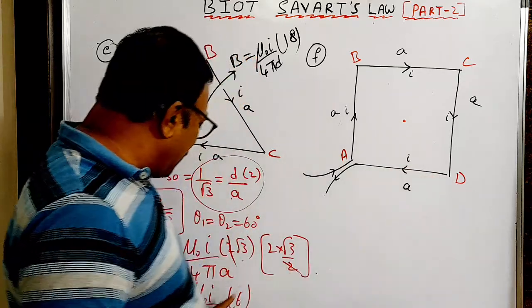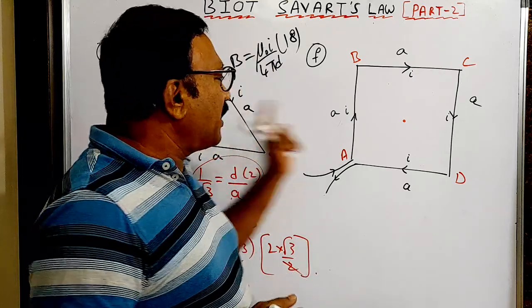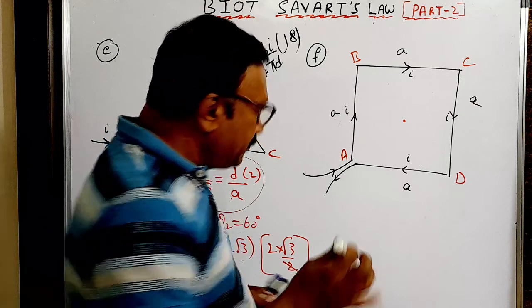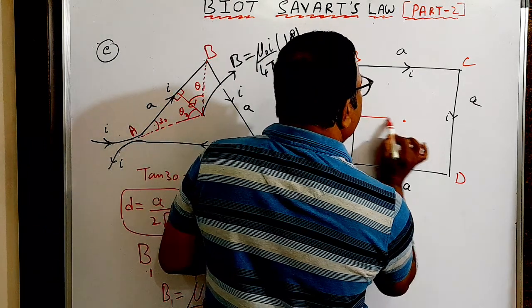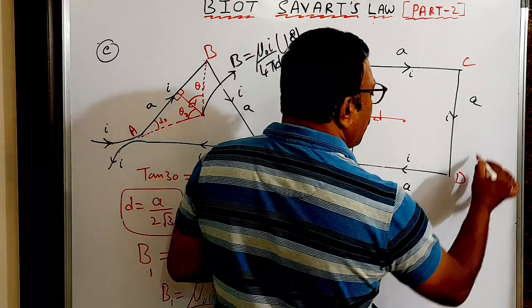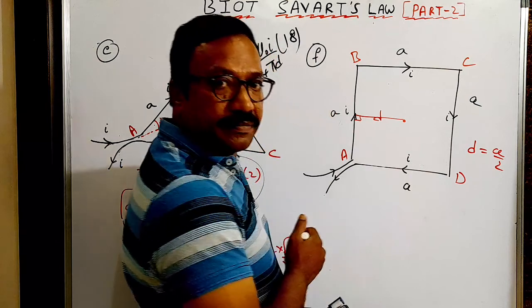As you multiplied by 3 there, you have to multiply by 4 here. But before that, applying this formula, you have to determine what is the perpendicular distance and what are alpha, theta 1 and theta 2. So this is the perpendicular distance, D. You know that D is equal to A by 2, because it is half of the side.